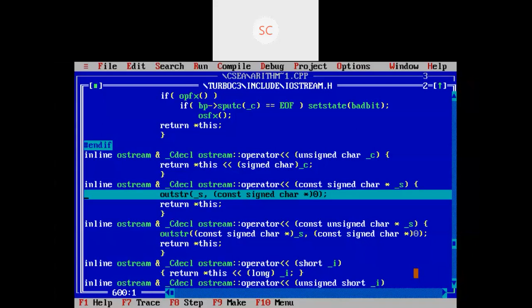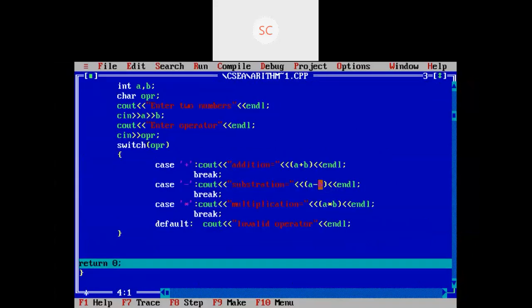What this break statement does is come back from the switch cases and execute the normal statements present in your program. This is how the switch case is going to execute. This is the difference between the if else ladder and this one.